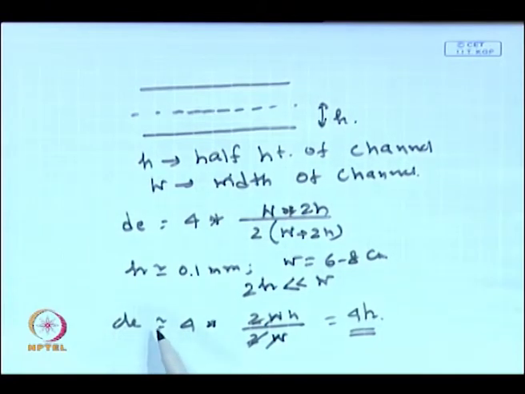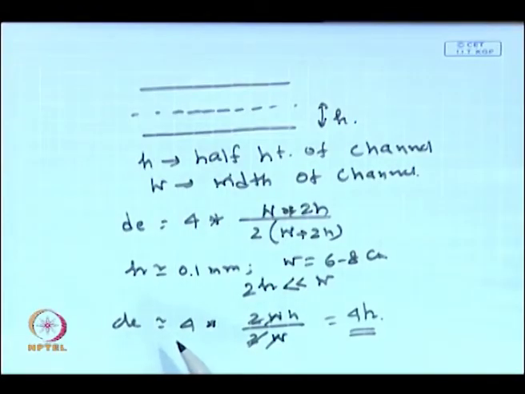Okay. Once you know the equivalent diameter, you will be in a position to calculate the Reynolds number. If you know the physical properties of the solute and solvent, you will be able to know the Schmidt number. So, once you know the Schmidt number, the Reynolds number, and the geometry like half height, the equivalent diameter of the channel or the inner diameter of a tube, and the length of the channel or length of the tube, you will be in a position to calculate the Sherwood number or mass transfer coefficient under laminar flow conditions.